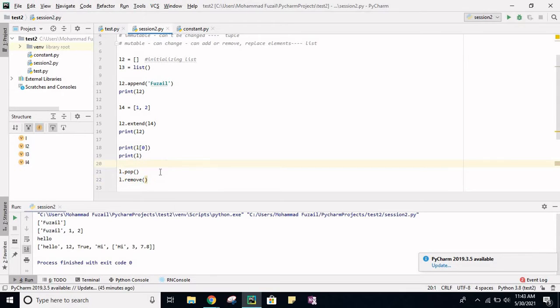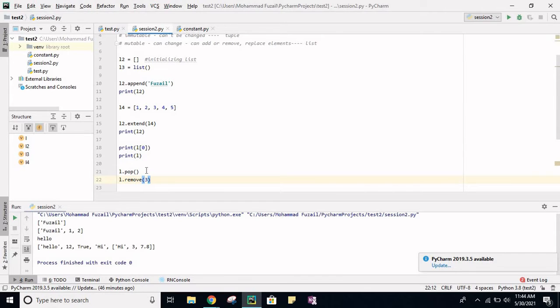The difference is, to remove an element using remove, you can directly pass that element. So you don't know the index, you know the element which you want to remove, then in that case you can use the remove function. Suppose from list L, let's say we have this L4, let's make L4 more than this. Now suppose we want to remove 3. So you just need to pass that element which you want to remove.